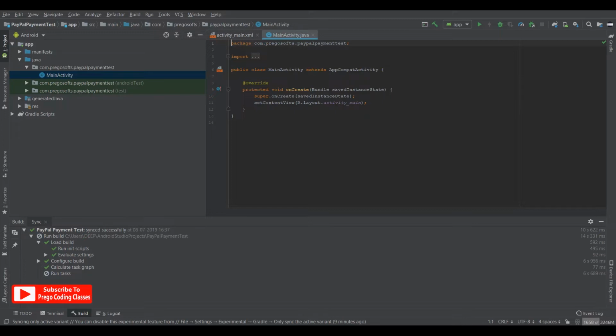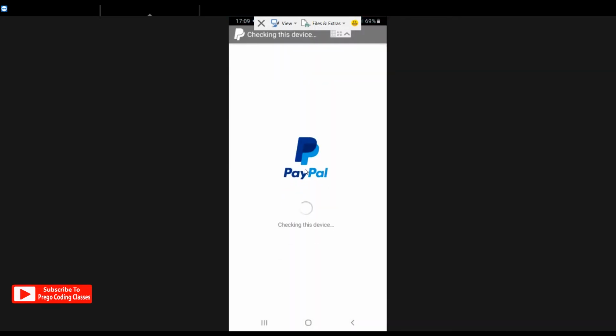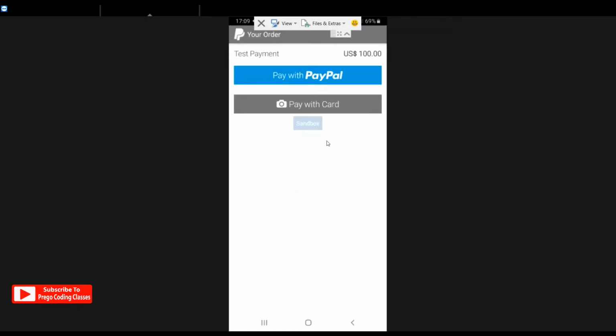Let's first see what we can expect to learn through this video. So as you can see here, it's a very simple application with a payments button which says press to pay. When we press it, the PayPal intent opens up and it's checking for the device. When it completes checking for the device, there are two methods. One is pay with card, the second one is pay with PayPal. I'll click PayPal